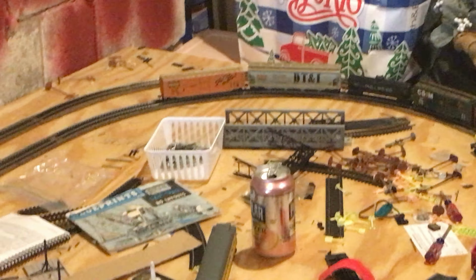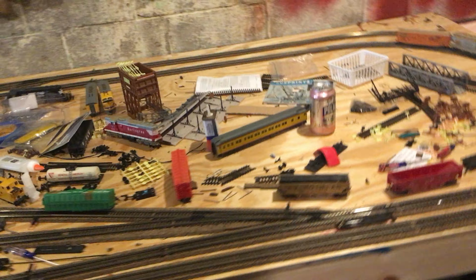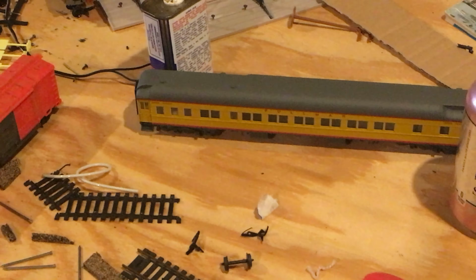So we got our train there that I did a review on. We got some more. We got a train consist there. I hope to finish the layout soon, and then when I finish it, you guys will actually get to see a completed layout. And then there we got some nice Pullman cars that I didn't buy. Some of this stuff, actually,